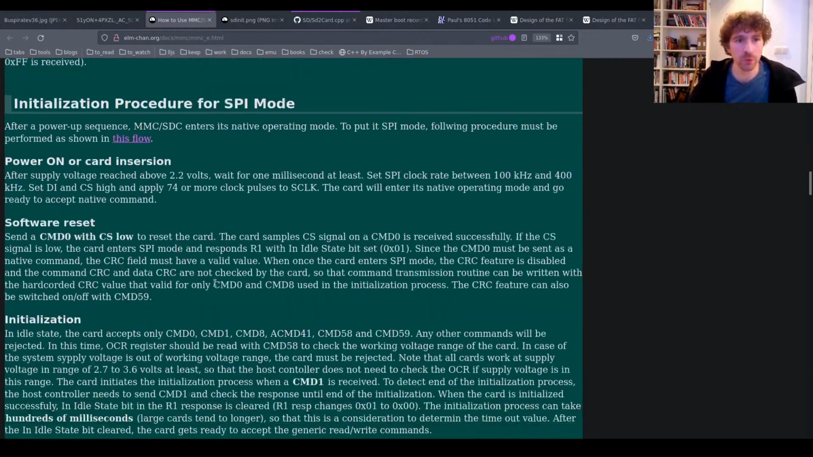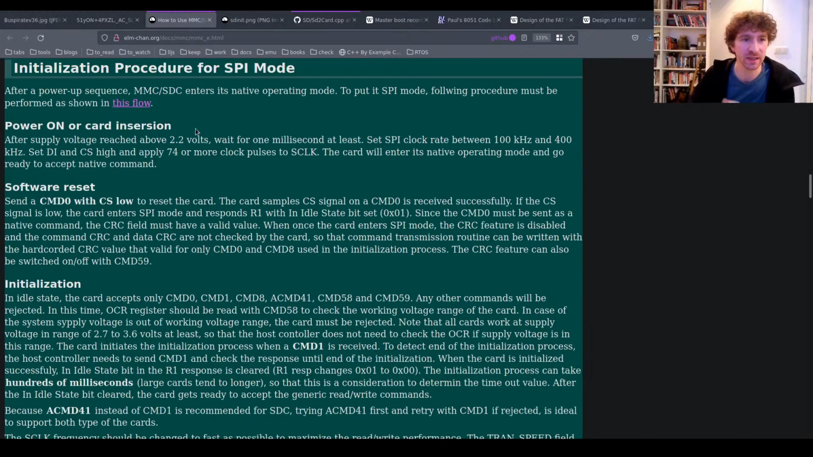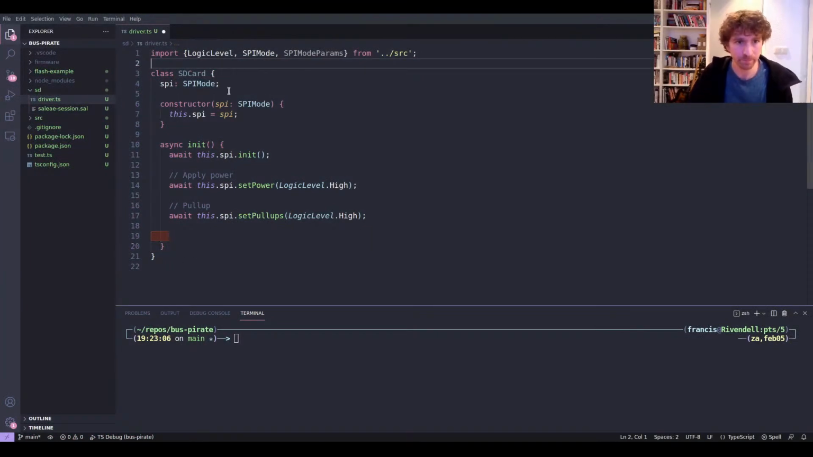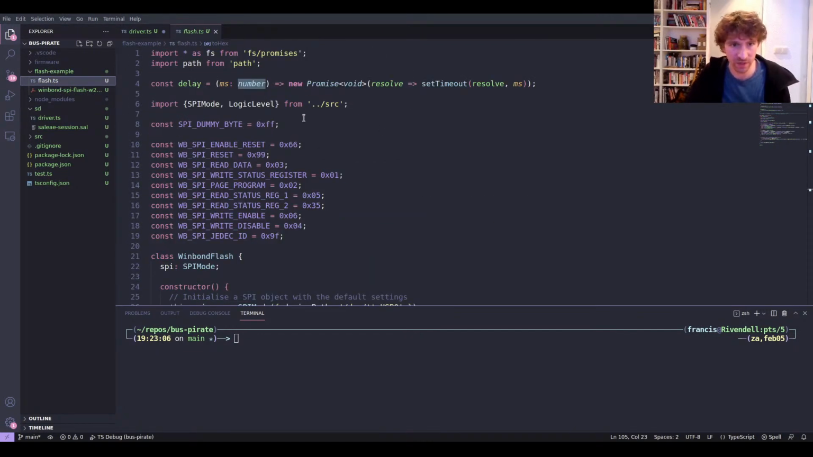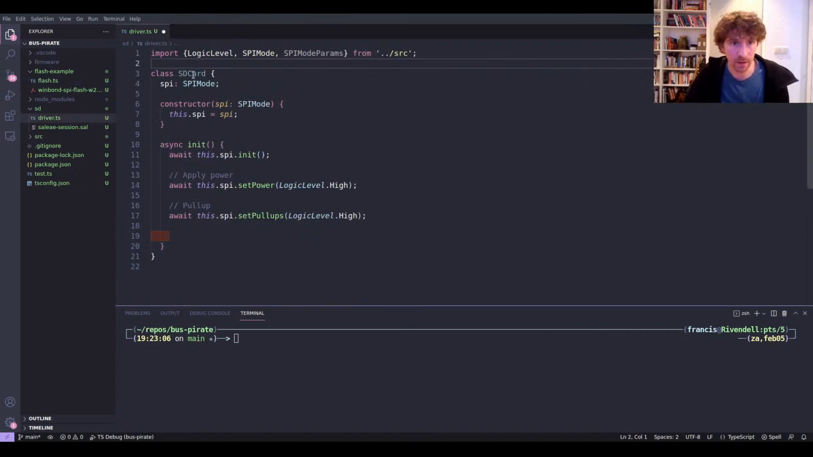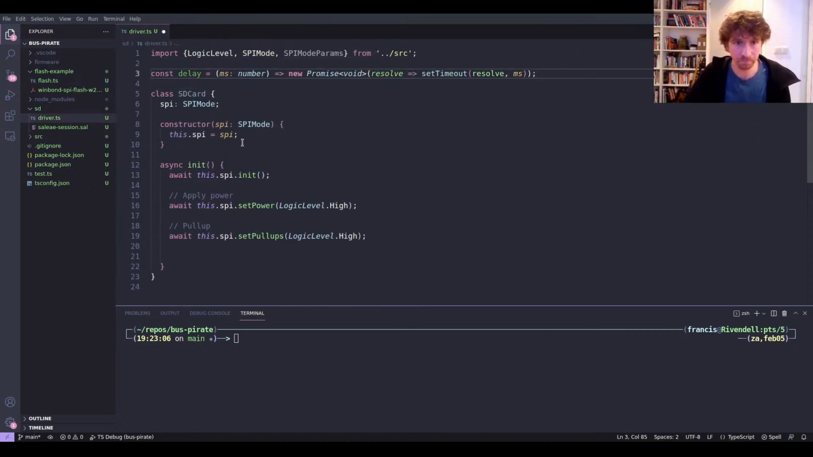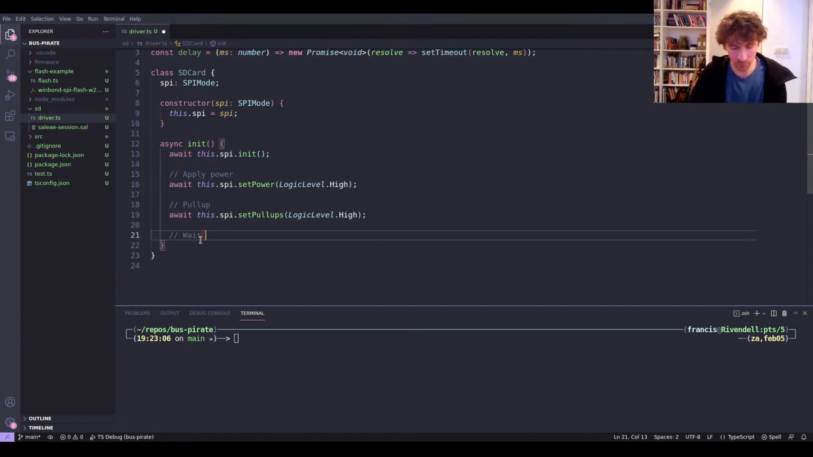Alright, so in order for us to get into SPI mode, let's read a little bit here. Power on or card insertion, after supply voltage reached above 2.2 volts. So there's a threshold. It doesn't actually have to get all the way to 3.3, but when it hits 2.2, we wait for 1 millisecond at least. Okay, let's put that in the code already. I actually wrote a delay function when we did our flash memory chip, so let's copy that. Let's bring that in, and so we have to wait for at least 1 millisecond,